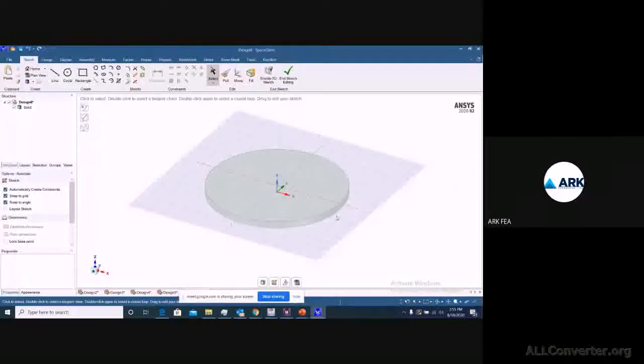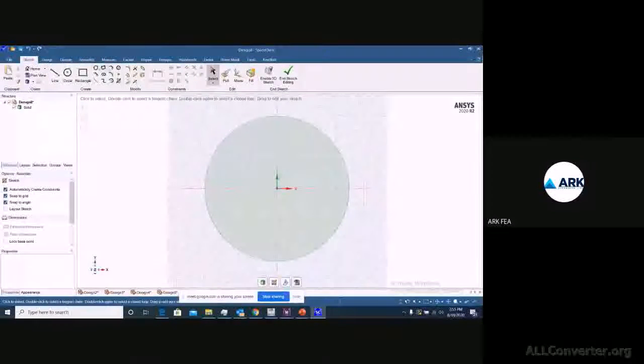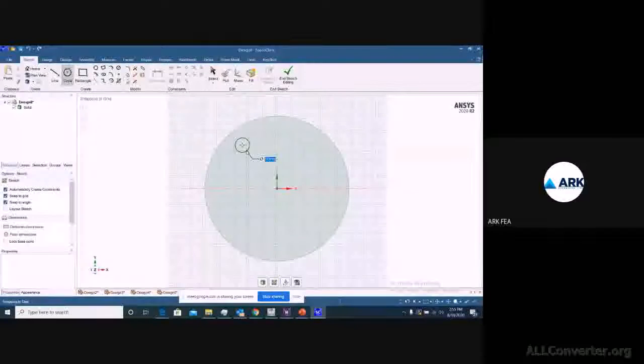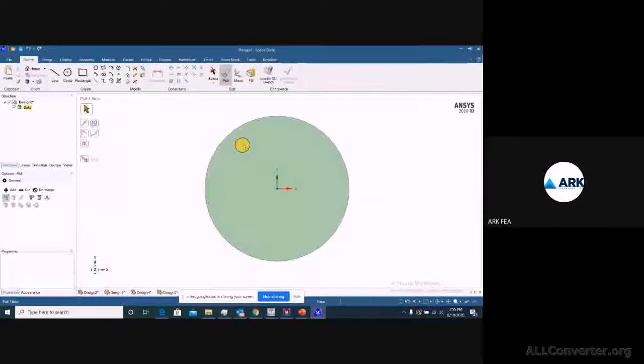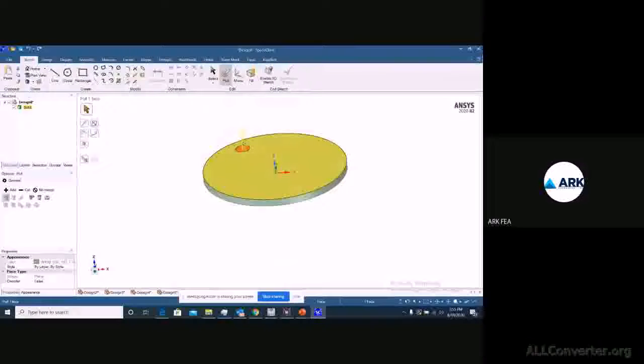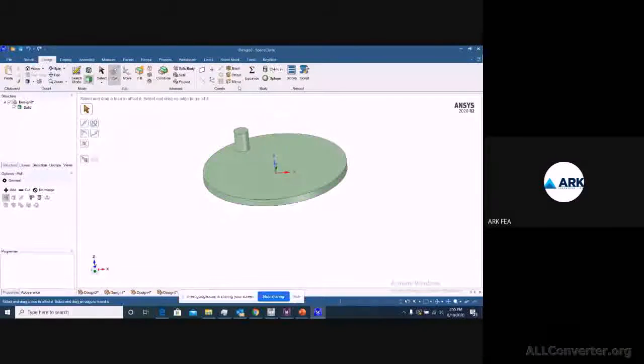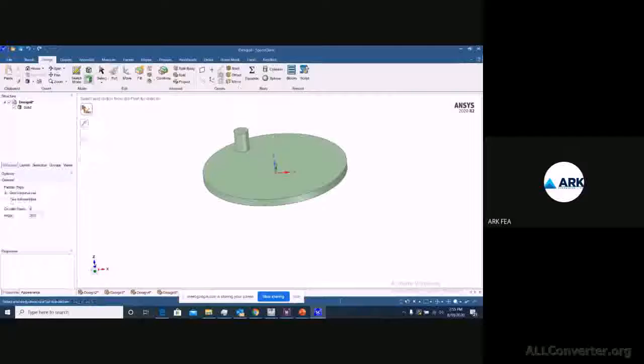You can select the same sketch plane and design it on the same, right? So this is one, and you can go for 2D, 3D, anything you want to work on the pattern.